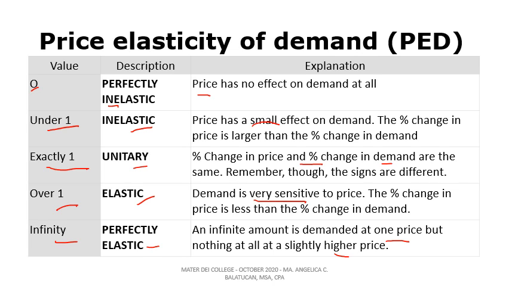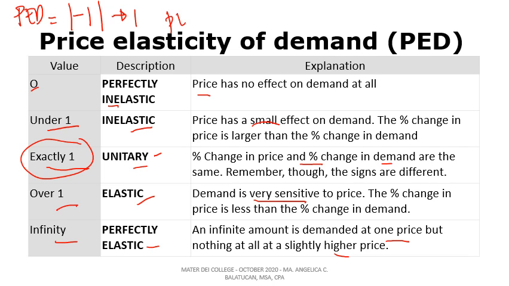Okay, so let us illustrate how we determine if it is perfectly inelastic, unitary elastic, elastic, or perfectly elastic. So for example, the price elasticity of demand we have computed is -1. Okay, remember we will get the absolute value. So this would be equivalent to 1. So we look at the index here. So since the answer is exactly 1, so this is unitary elastic.